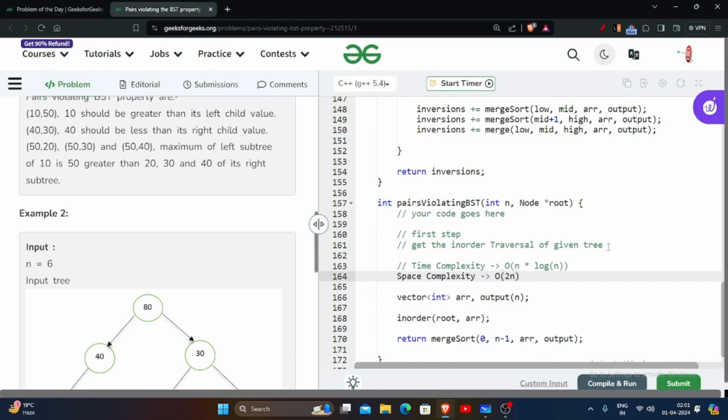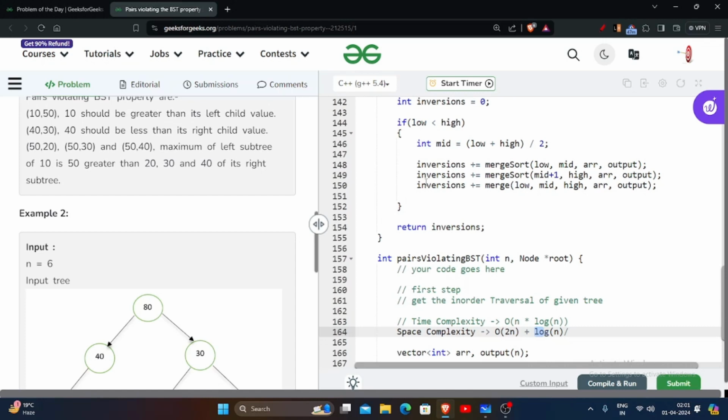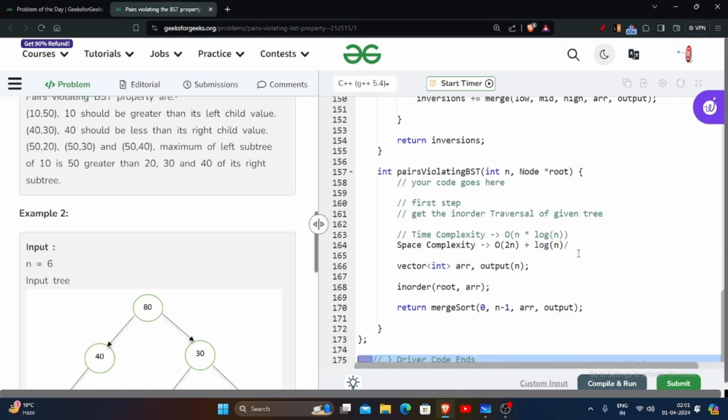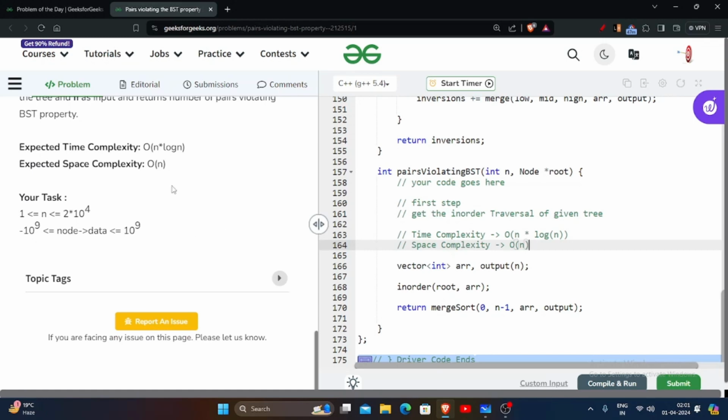ऑर्डर ऑफ 2n है। बेसिकली मैंने एक आउटपुट एरे है, और प्लस log n भी होगी, और ये होगी ऑक्सिलरी स्टैक स्पेस, ये log n, क्योंकि जो रिकर्सिव कॉल्स हो रही है कहीं स्टैक में तो होंगी ना, तो log of n है, बता रहा हूँ मैं फॉर इन्फॉर्मेशन, ठीक है। और 2n क्योंकि एक आउटपुट आ रहा है। ये अंडरस्टैंडिंग पे था बस। log n रिकर्सिव कॉल स्टैक में भी होगी, तो ऑर्डर 2n है, तो एज ऑर्डर ऑफ n लिखते हैं। सो n log n टाइम और ऑर्डर ऑफ n स्पेस, और वही हमें दिया है।